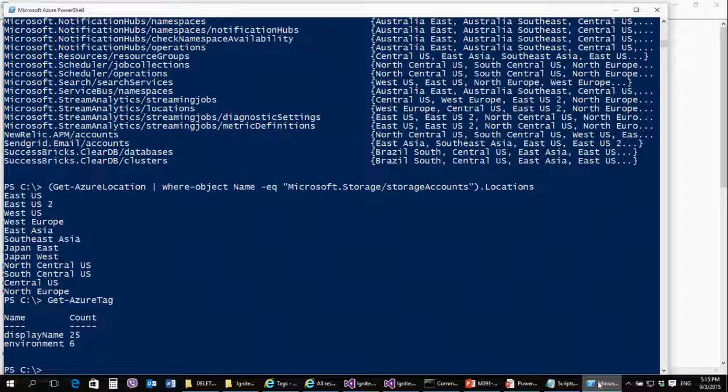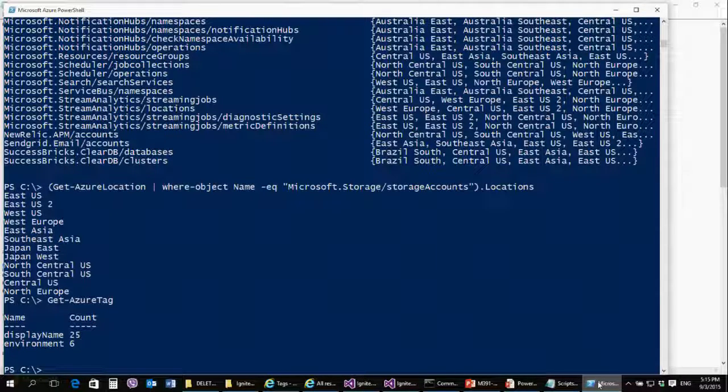This is subscription-wide. The first one is called display name, which is associated effectively with all the artifacts. 25 occurrences of that, 25 resources have that tag set to a value. And then 6 resources, which are our 4 IP addresses, the virtual network, and the storage account, have the environment